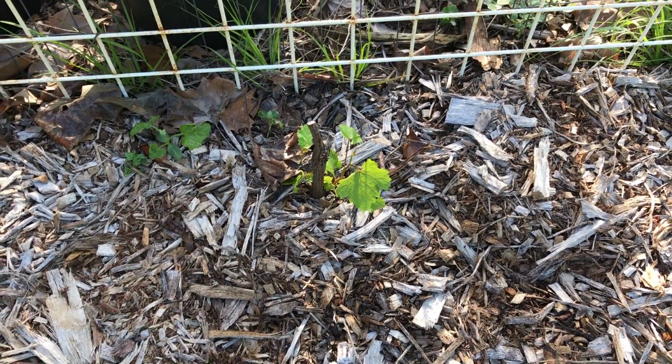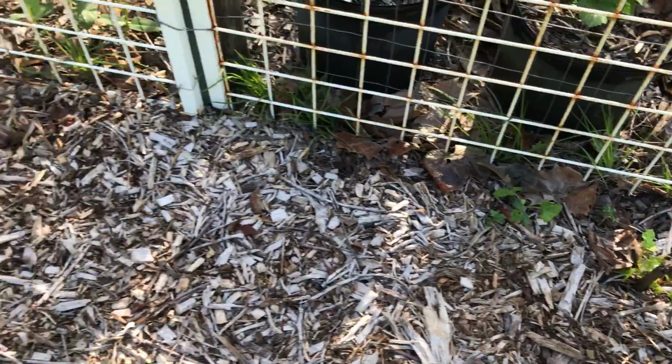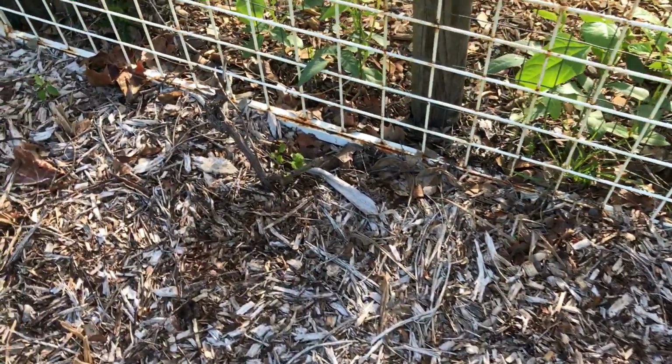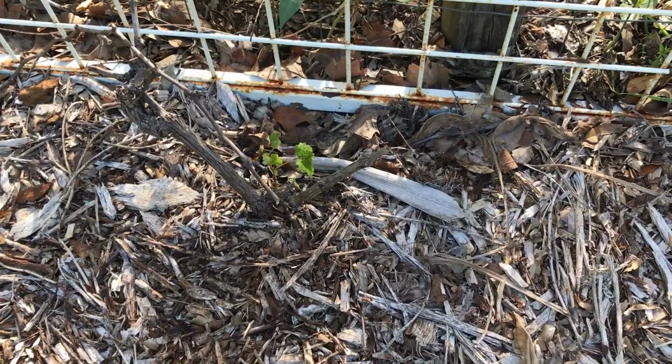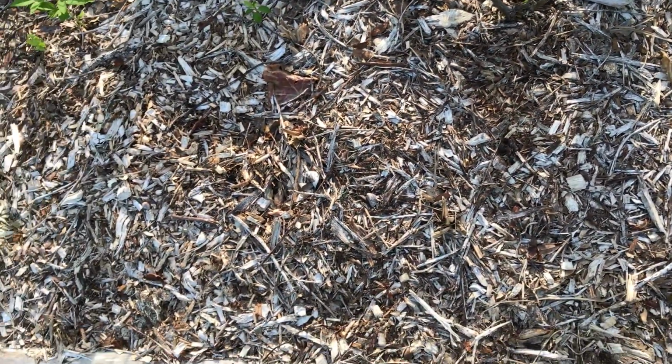Looks like the grapes from last year are starting to come back. They didn't do very well last year. They might do better this year. There's the other one. This whole stretch of bed